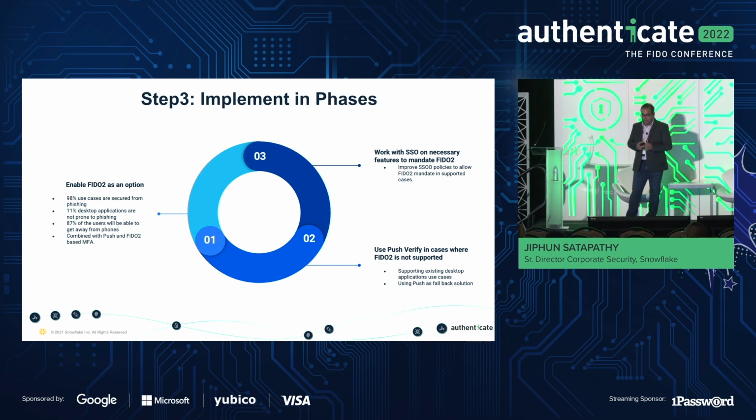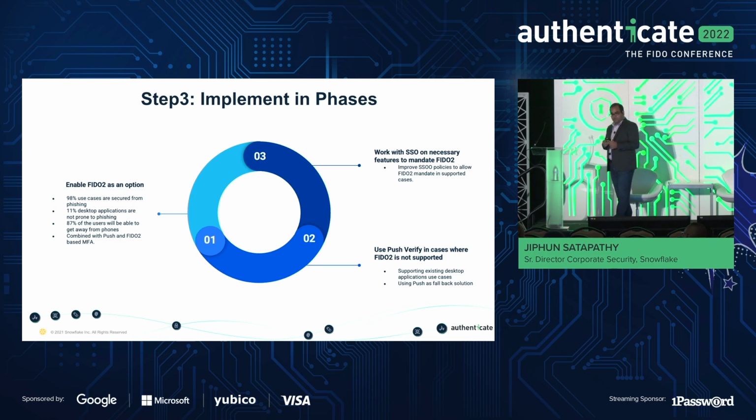The second step that we did was to identify some of the key critical applications that are not going to be FIDO2 enforced. So what do we do with that? We're going to create an exception list and configure them in our SSO so that access to these apps can be out of FIDO2, live with it, and go influence that.